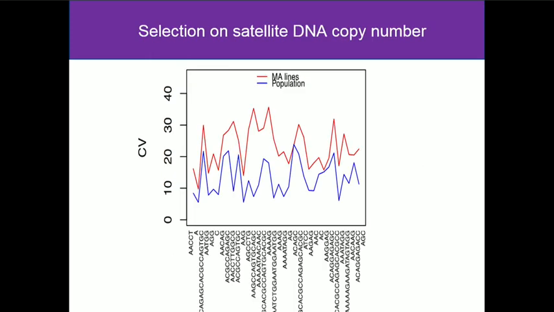So going back to that cage, this is showing the coefficient of variation. That's the standard deviation over the mean for each of these different repeats. And we're comparing the MA lines, the mutation accumulation lines, against the population. For, I think it's the case, every single one of the repeats, there was a lower CV in the population than in the MA lines, despite the correction for the effective population size that we did. And so what we're concluding is that there's evidence here even for some degree of stabilizing selection. That expansion seems to be selected against somewhat in that population cage. And of course, we need to document that a bit better as well.